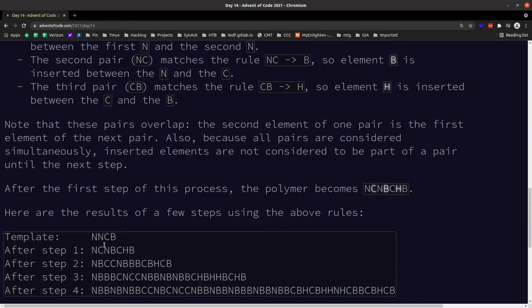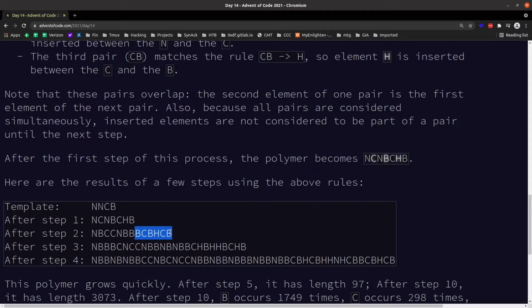So each time I do this, the string is going to double in length minus 1. Right, because there's 4, I'm going to add 3. Here there's 7, I'm going to add 6 more. So this will be 13, etc. So I've got exponential growth here for sure,